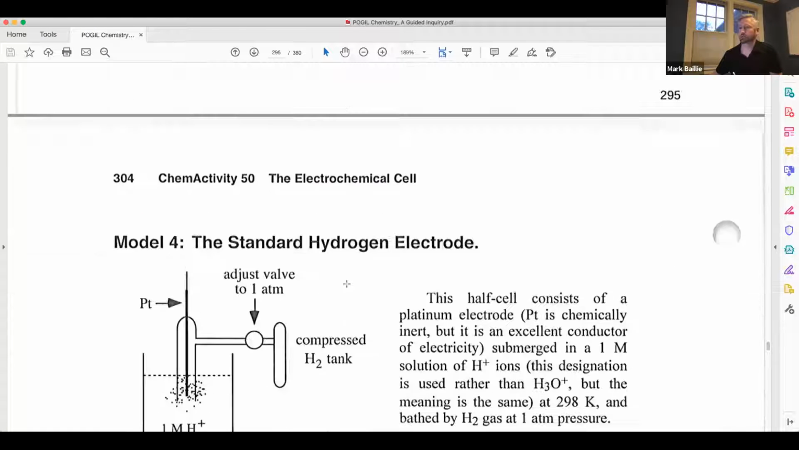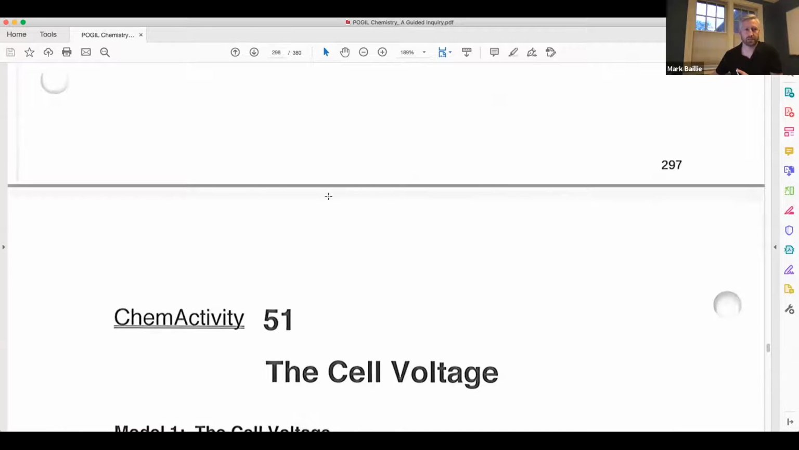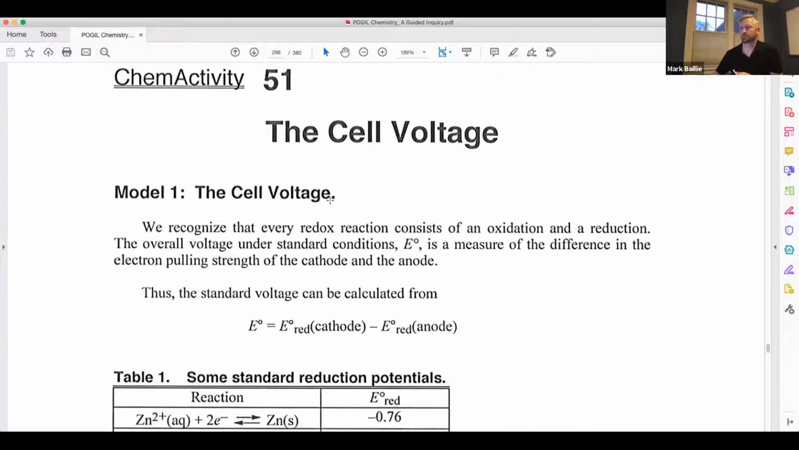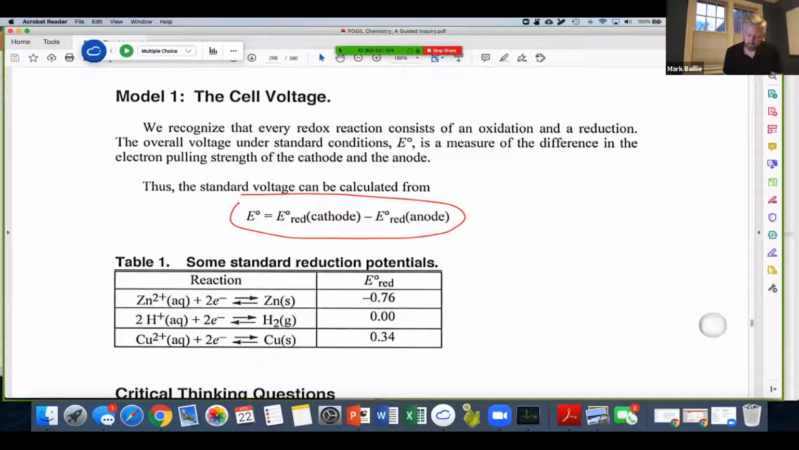So if we then jump into our activity, there is some more stuff at the end of activity 50 you're welcome to do as practice. And then activity 51, this idea of reduction potential, obviously the one with the bigger number has the stronger pull on electrons. So what I want us thinking about now is, as we do our calculations,